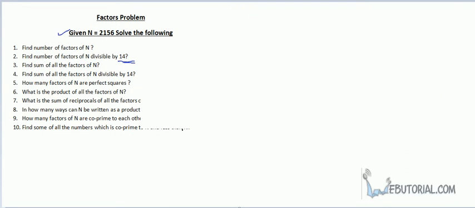Last question is, you have to find how many factors of n are there which is perfect square. So I'm just writing n again in the form which is easier to interpret. 7 square into 11. This is your n. Now you have to find number of factors of n which is perfect square. So what does perfect square say? Perfect square says that if a number is a perfect square, this means it is something square, where this something can be anything.